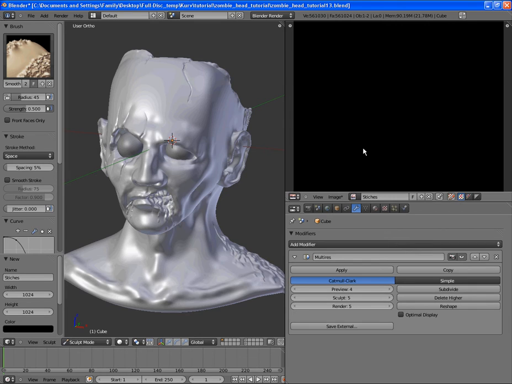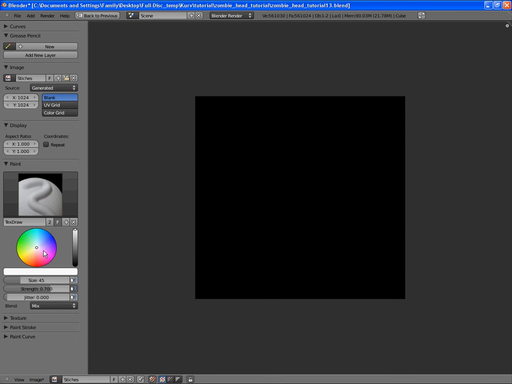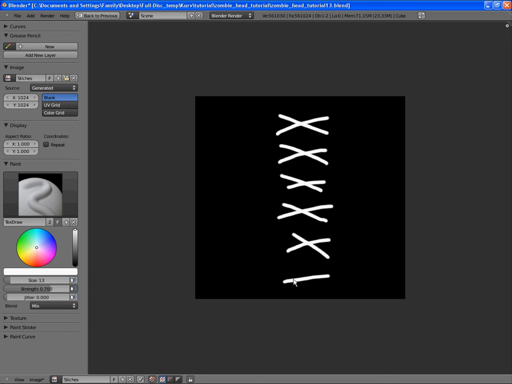And then we're going to hit Control Up arrow to maximize this window. Then we're going to hit N to bring up properties and go down to image and enable image painting. Okay, so we want to turn this down to about 13, and then we want to create some stitches like this. Keep it really simple, whatever looks good to you. Okay, so there's our stitches, and then we save